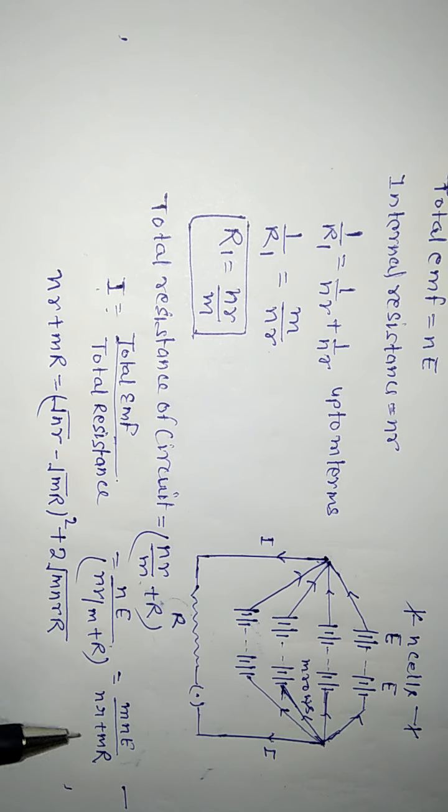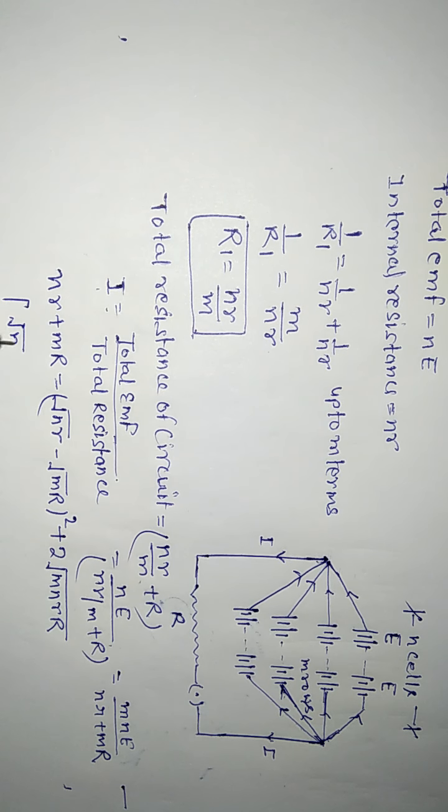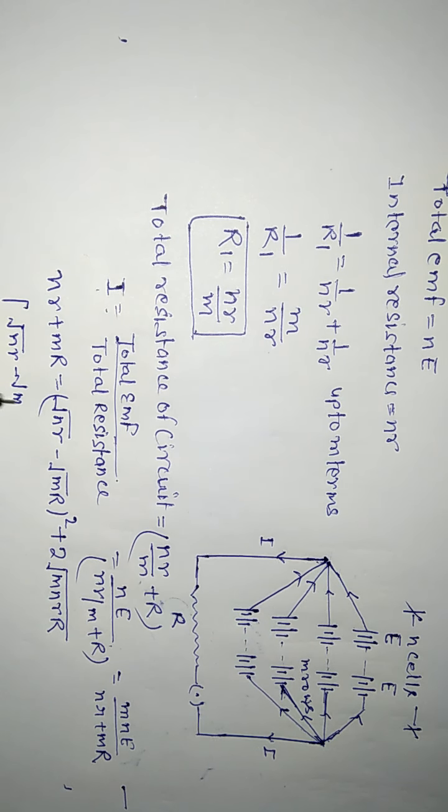For this quantity to be minimum, the value of this should be minimum, but because it is a square, it can't be negative. So the value of under root nr minus under root mR will be equal to 0, means (under root nr minus under root mR) whole square is equal to 0,